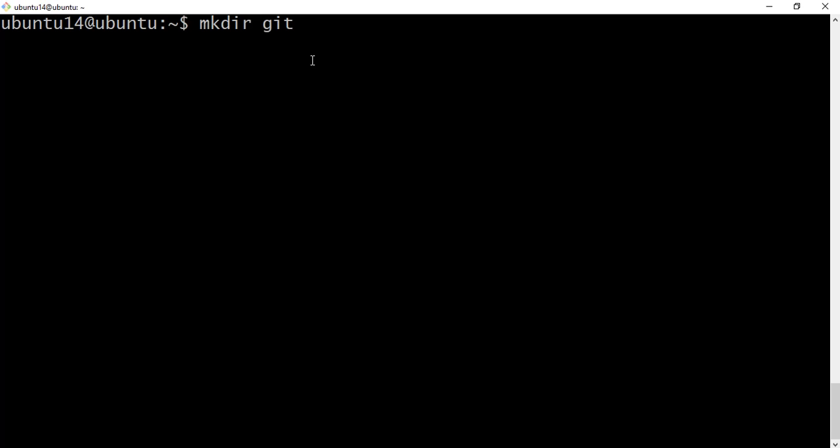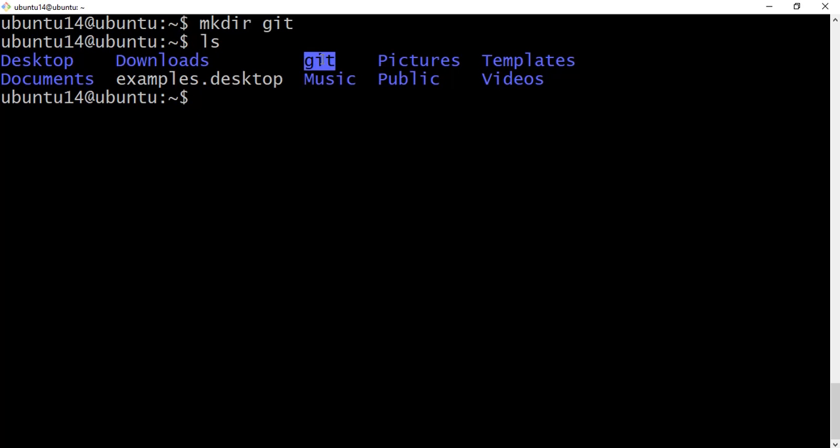In Windows we call them folders, and in Linux they are called directories. If we press enter, the git folder is created. If we run ls, this is the git directory. Now I will go into the git folder, cd git.